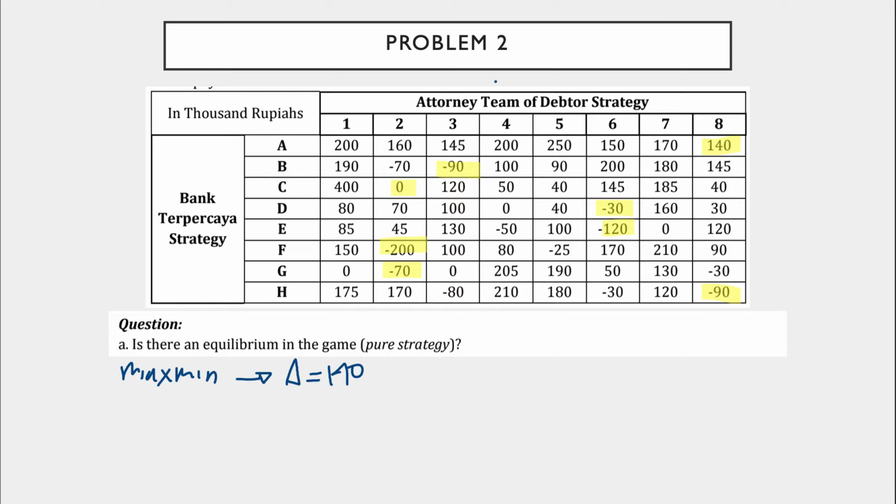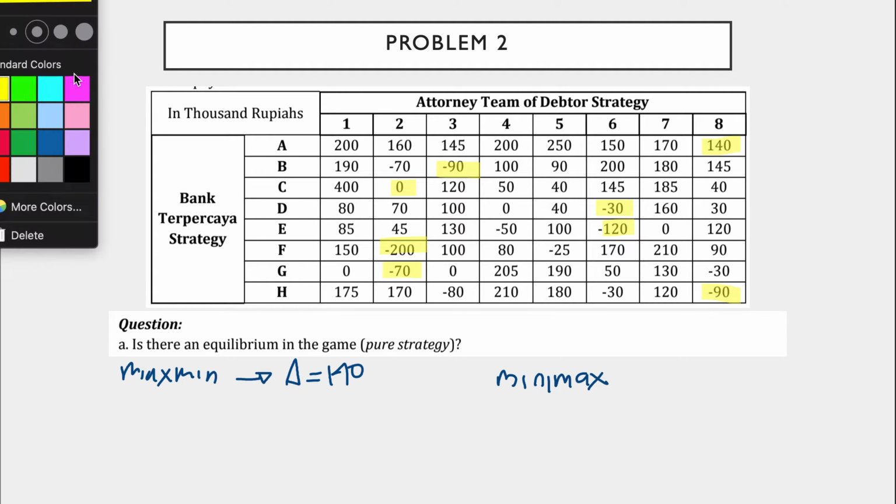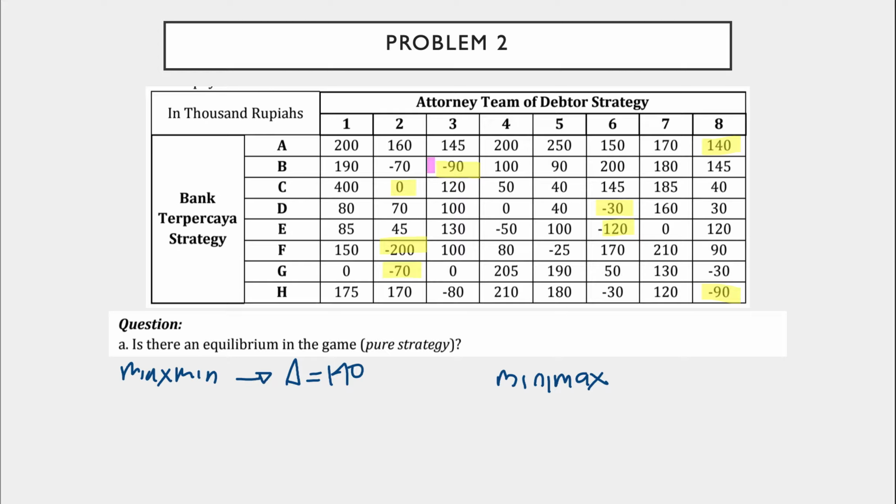Moving on to Attorney Team, because it's on the defense, we will use the minimax. Minimax means we look at the maximum outcome from each strategy and pick the smallest one. The maximum outcome of strategy 1 is 400. Strategy 2, the maximum would be 170. Strategy 3 is 145. Strategy 4 is 210. Strategy 5, 250. Strategy 6, 200. Strategy 7,